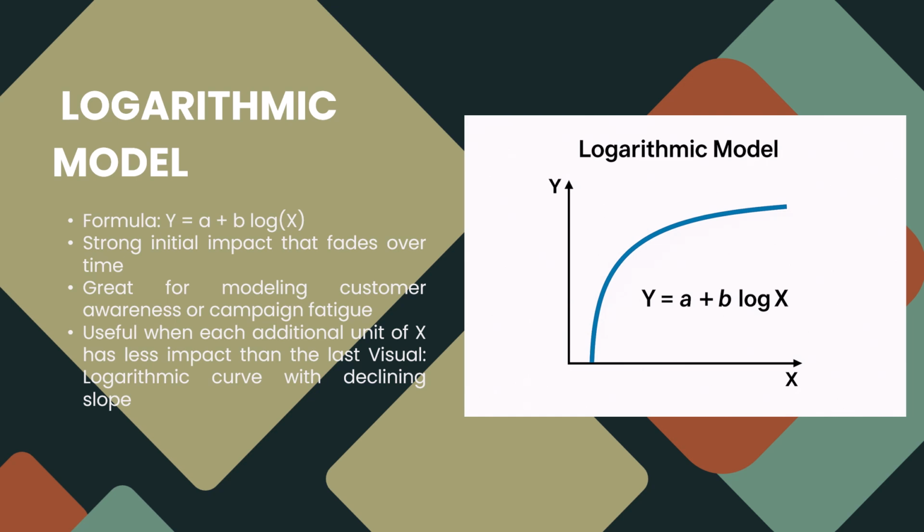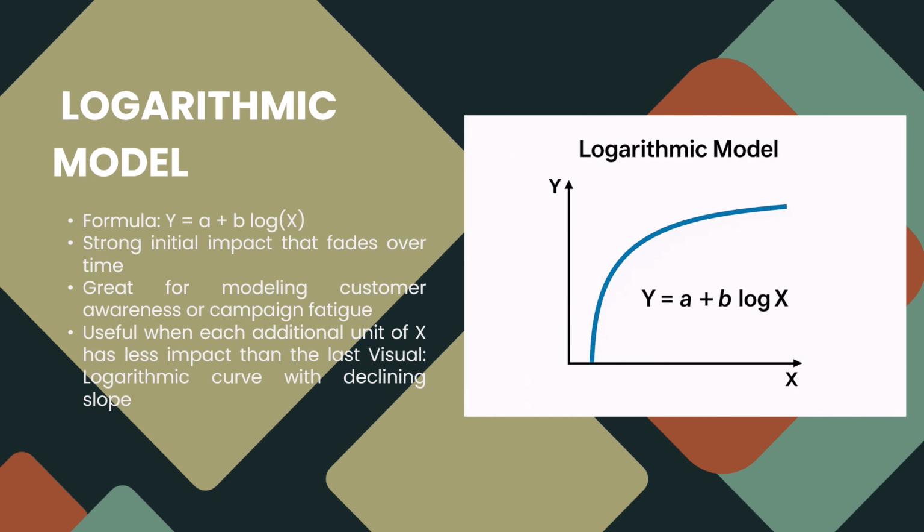The logarithmic formula is y equals a plus b log x. This model reflects diminishing returns, like large initial gains that level off as x increases. In the graph, we see the line rise quickly, then gradually flatten. This shape is ideal for modeling things like ad fatigue, where the first few impressions drive strong recall but repeated